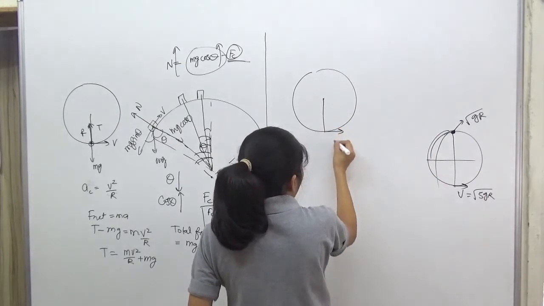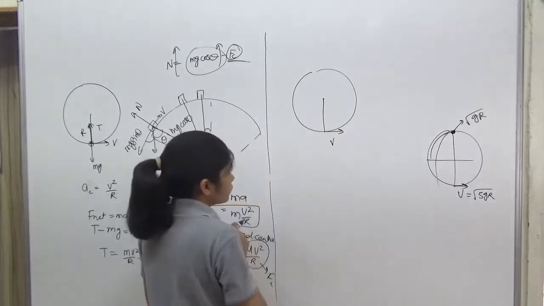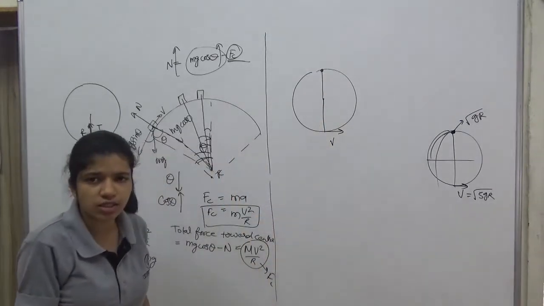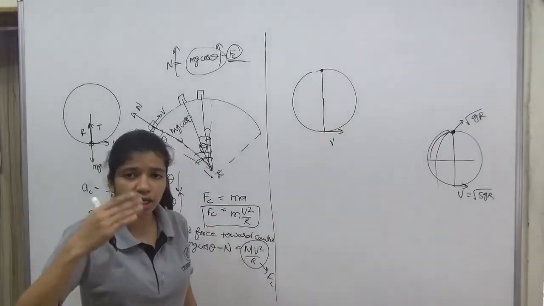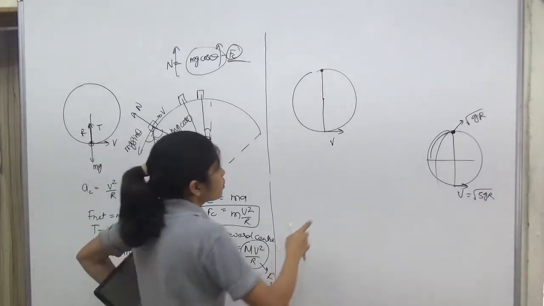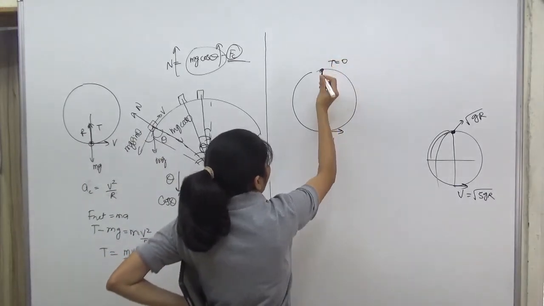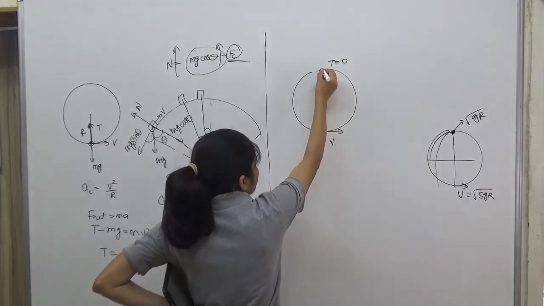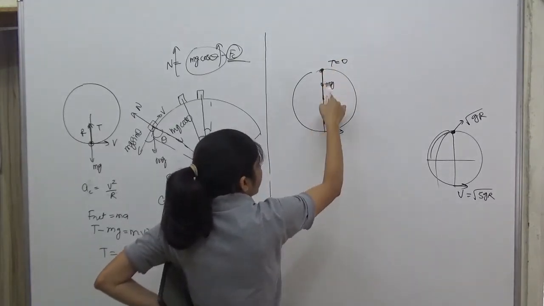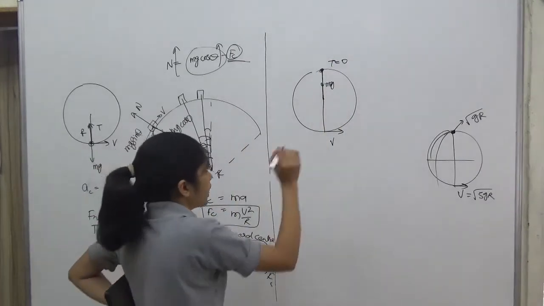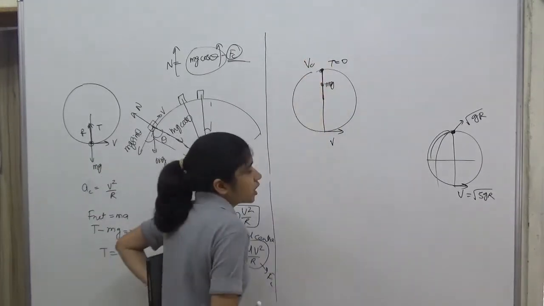So let's say we are providing some velocity at this point, and here we took tension is 0. We did it with a string-mass system and then generalized it for all other cases. So at this point tension is 0. On this object we have mg. Clear? mg is acting in downward direction. Is there any other force on that object? No. Let's say at this point velocity is v critical, vc.